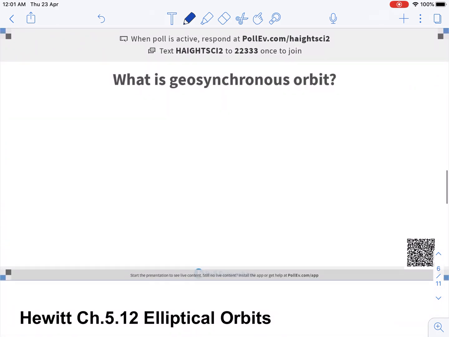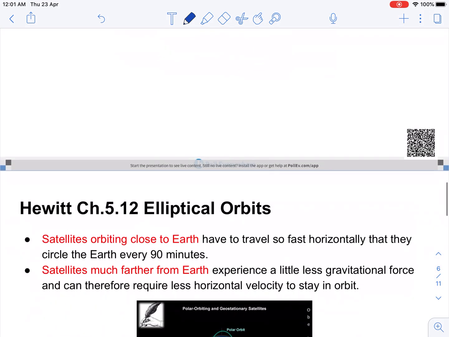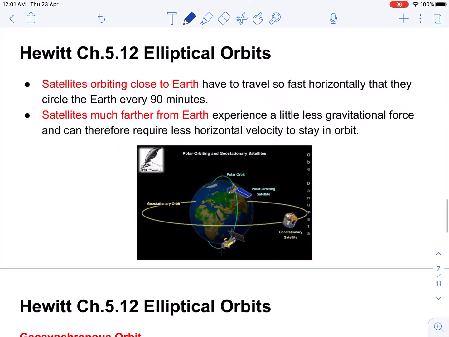Last question to ask on this is, what do you think is geosynchronous orbit? So again, you can pause the video if you want. Think about that word. Just to break it down, think of geo, what that means, and what synchronous means. To understand geosynchronous orbit, which I'll define in a second,